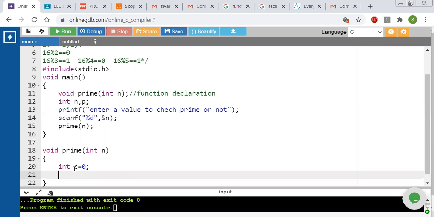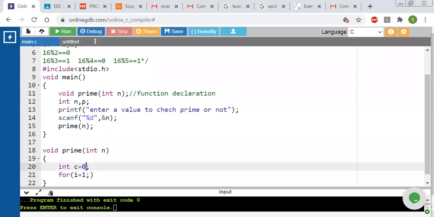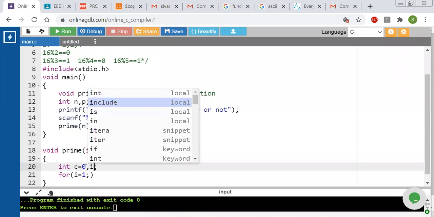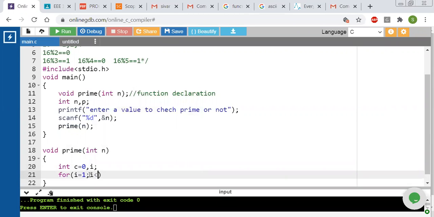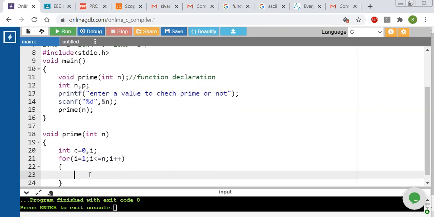We'll verify using a for loop. We have to check factors from 1, so for that we take a variable called i: for i = 1, i less than or equal to n, i++. Now how do we verify whether it is prime or not?